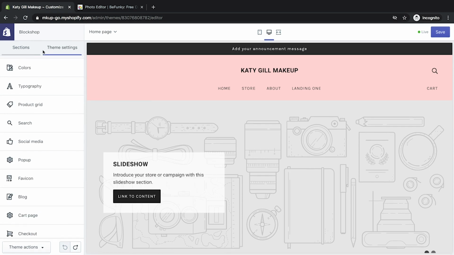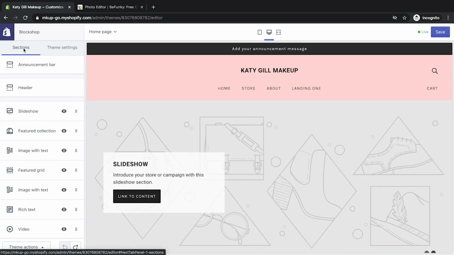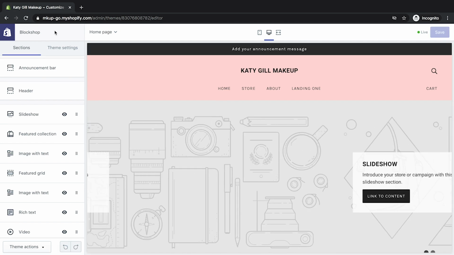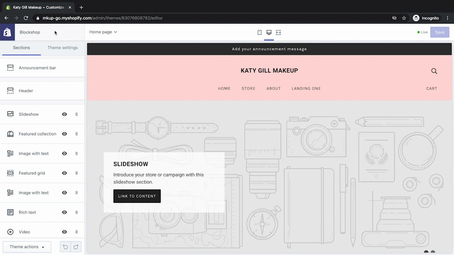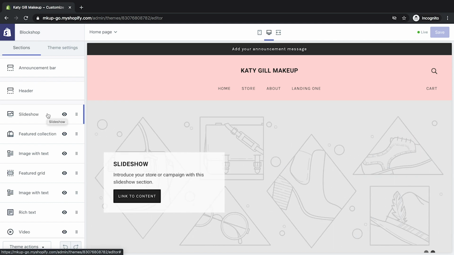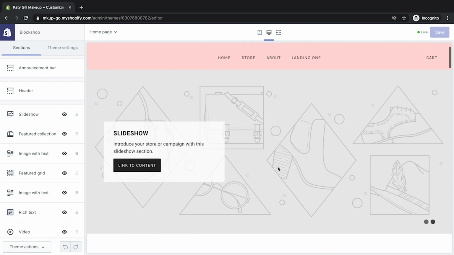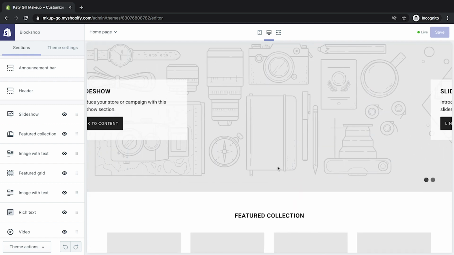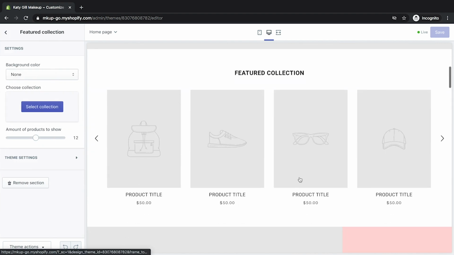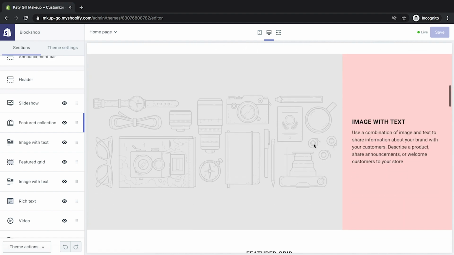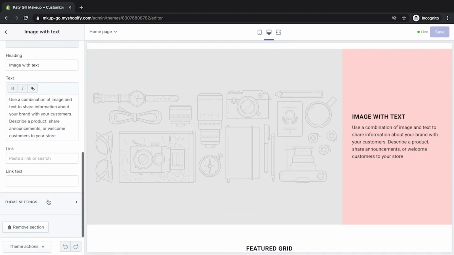Okay, so with that in mind, let's go back and then start adding and removing content based on what we need. First thing we're going to do is remove the sections we don't need. We want to use a slideshow. We're actually not going to use a slideshow. We're going to have one image without any content on the top, but we're going to use a slideshow format because Katie might use some more images later on. Featured collection, that's great. We'll add in the 4 products that Katie's got on sale here. Image with text, let's remove that one because we're going to use one a bit further down the line. So we can click onto there and remove this section.